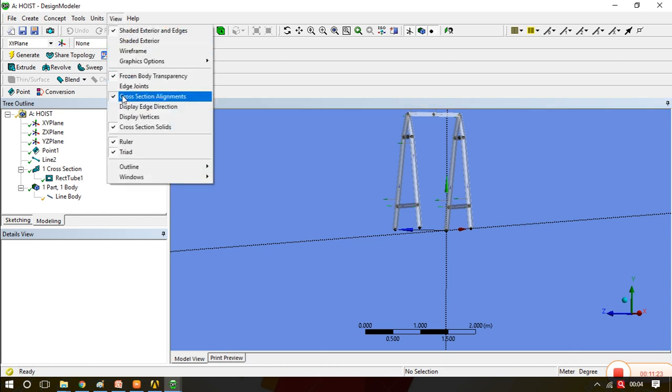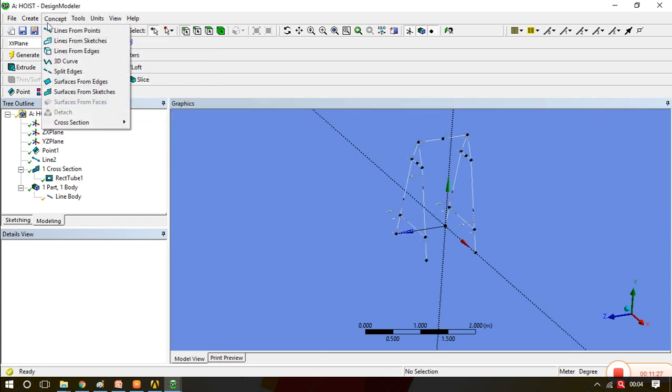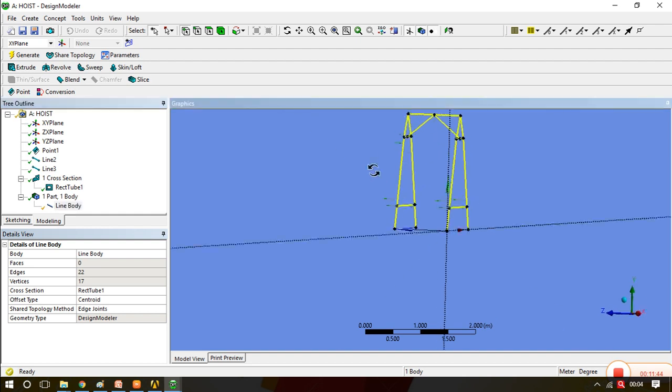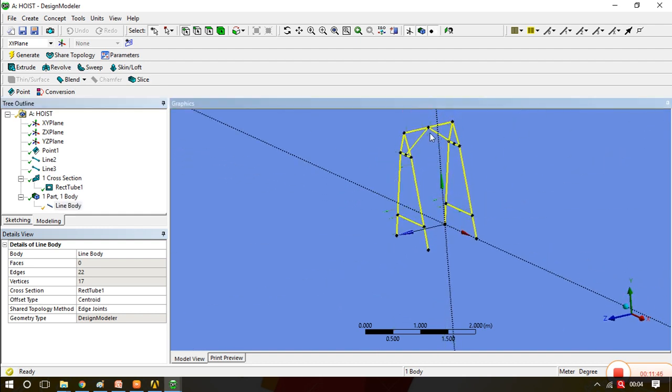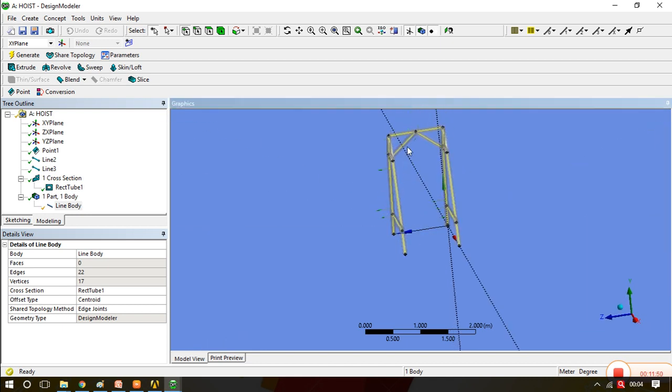We'll turn off the cross section solid, go to the concept, lines from points, select this point and this point, again select this point, and apply it and generate it. Once you call for the generation, you will see the line body is created with this support. Now when you view it, you will see this particular cross section is also created.